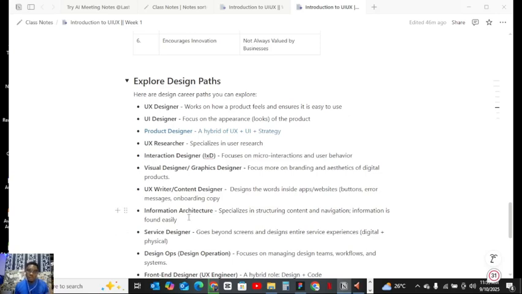Now, for a visual designer or graphic designer, I'm focusing on branding and aesthetics of digital products. So when you are done designing a particular app, you now want to brand it. That's what the graphic designer helps you with: branding the product, creating mock-ups and all of those things. You understand?